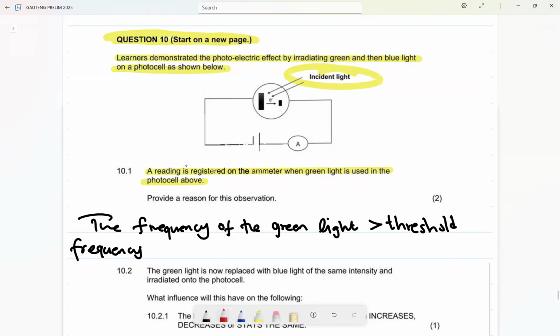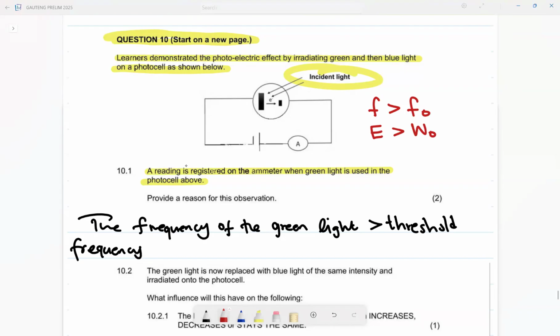In simple terms, you can say frequency of light is greater than threshold frequency, or energy of the incident light is greater than the work function, again, or